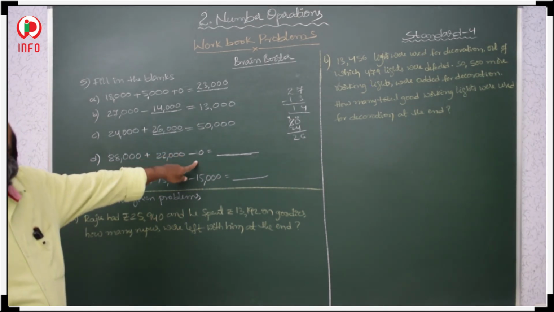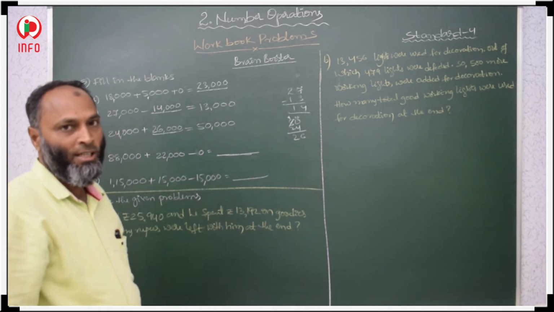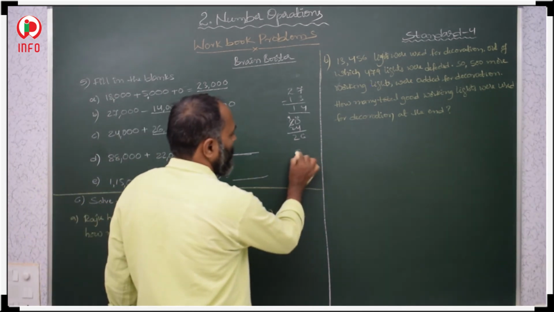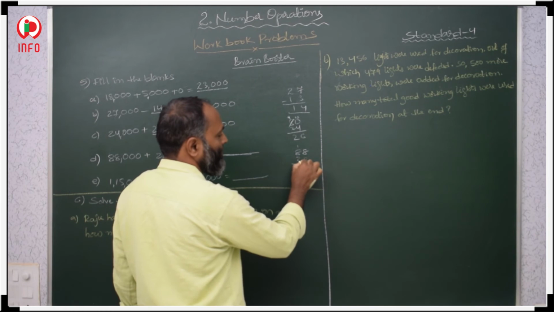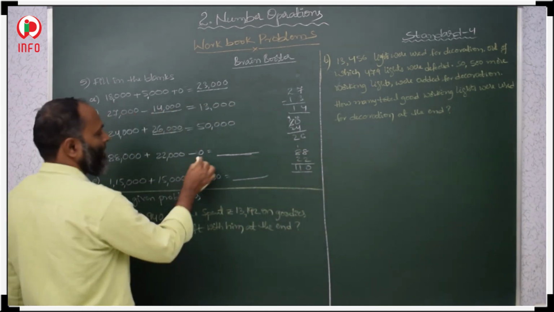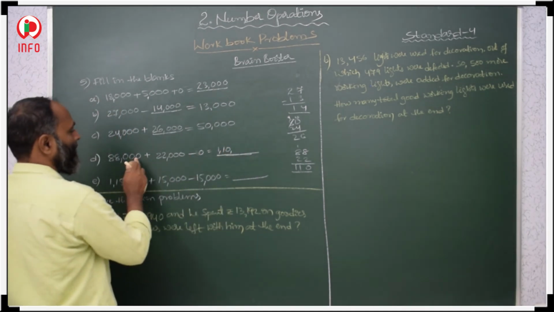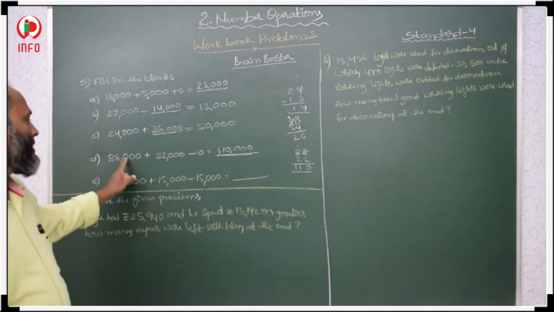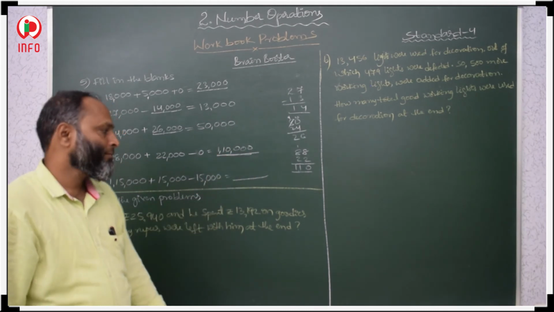Here minus 0 is there. If minus 0 and plus 0 are there, don't focus on that because we will get that number only. 88 plus 22, how much? Add here. 88 and 22. 8 plus 2, 10. 10 plus 1, 11. And how many zeros are there in all? 3 zeros. Those 3 zeros you have to keep commonly in both. Those 3 zeros you have to take, and 110 as it is.